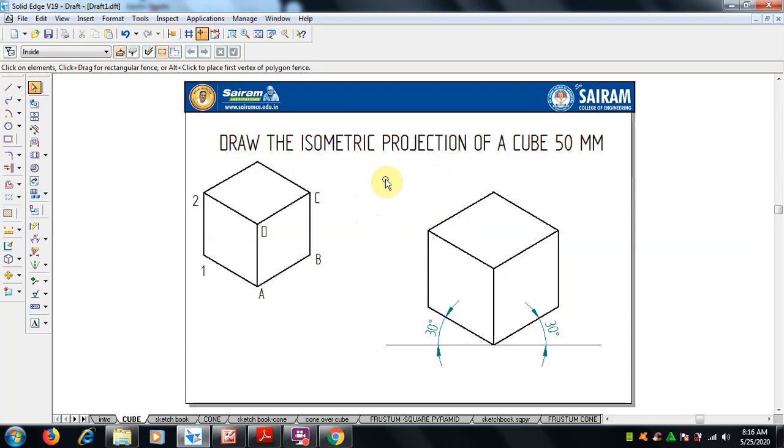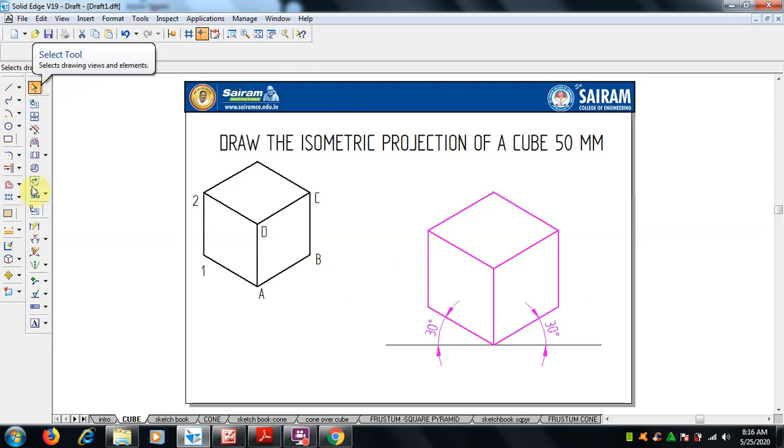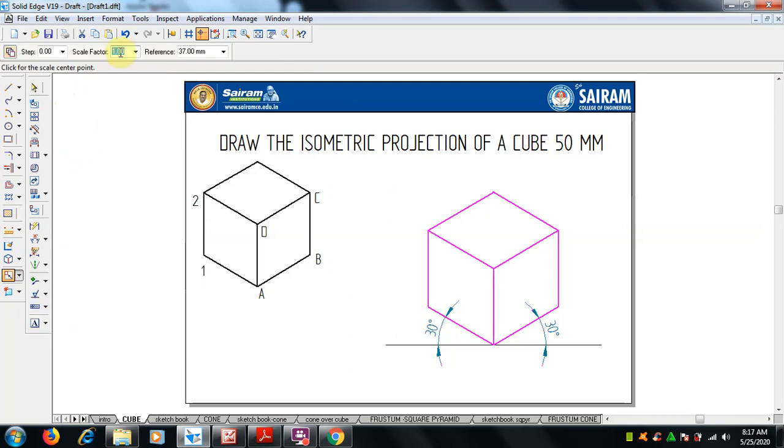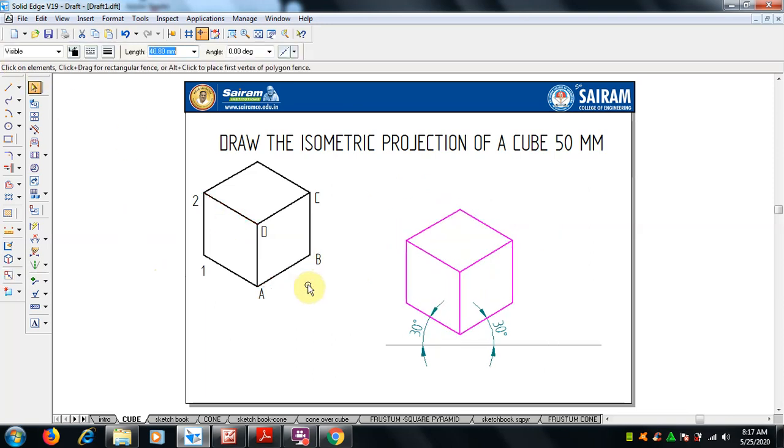this is to be done in isometric projection, isoscale. So select this and go for isoscale. So scale, here you can go for scaling. Okay, select scale, it's very important at the last. Select scale, the scale factor you can give 0.816. Okay, so now remove the copy, now it is done.